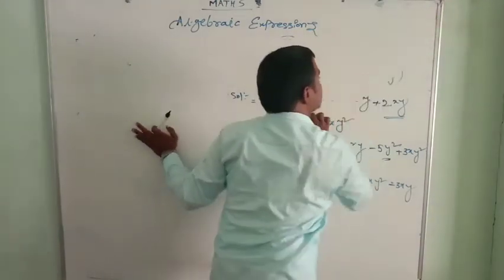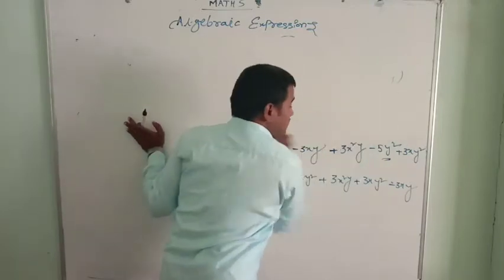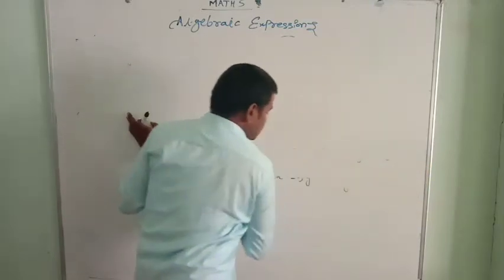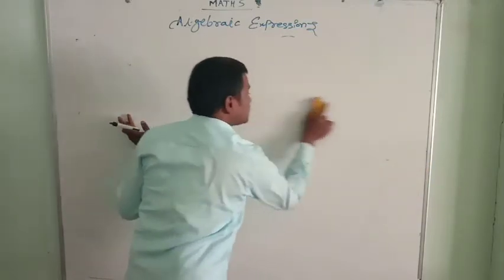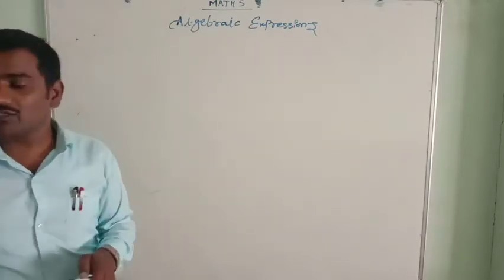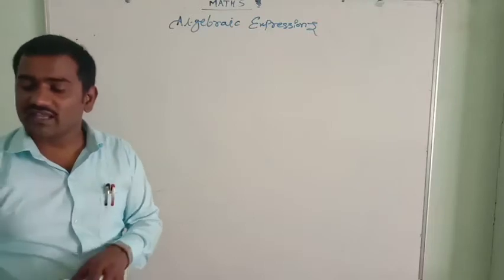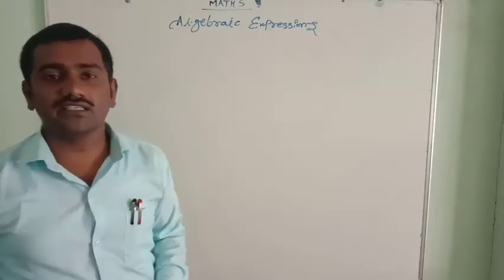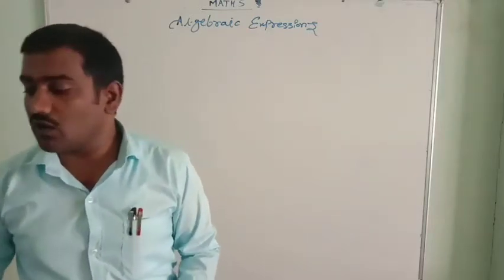In multiplication, we need to remember the 3 steps. First step is symbols multiplication. Next step is numbers multiplication. The last step is variables multiplication. Here divisions are very easy. Divisions are very easy. I will tell you how to do the divisions now.